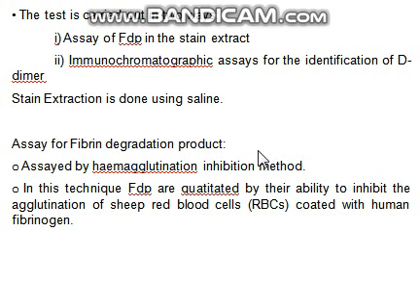The principle of this test is the ability of menstrual blood to inhibit hemagglutination. In this case, you have to take the RBCs of a sheep and coat them with human fibrinogen. Upon coating with human fibrinogen, these RBCs will coagulate or agglutinate with each other. This agglutination would be ceased or impacted by adding the sample if that sample contains menstrual blood.